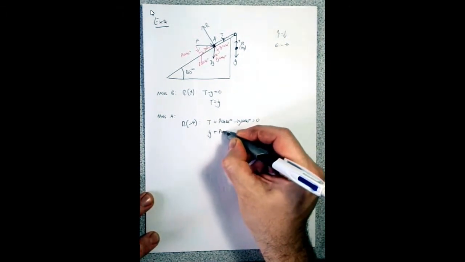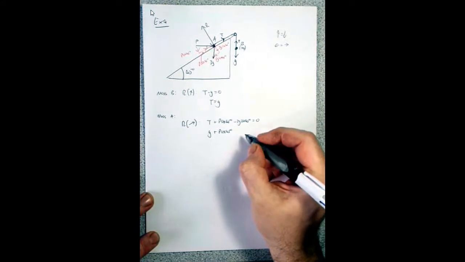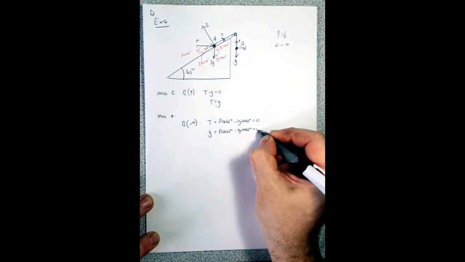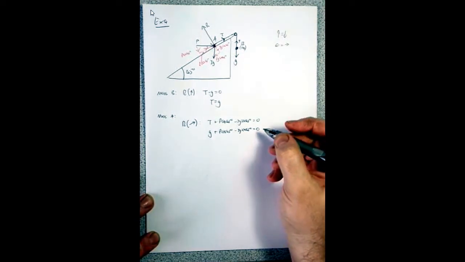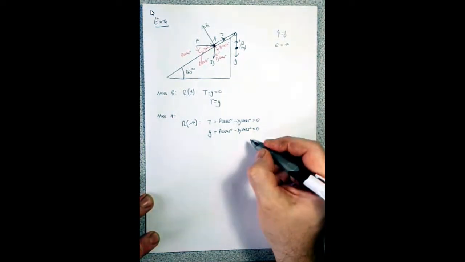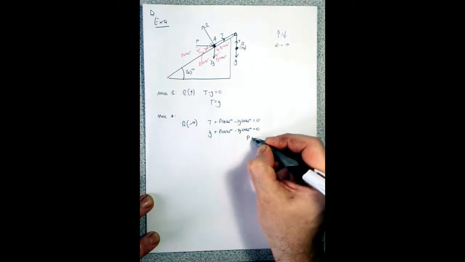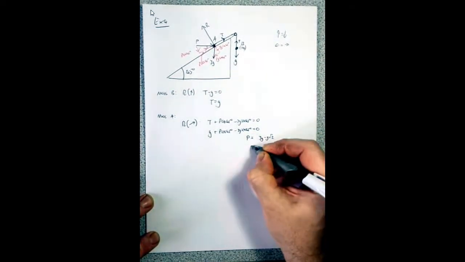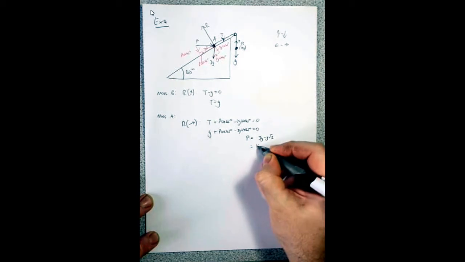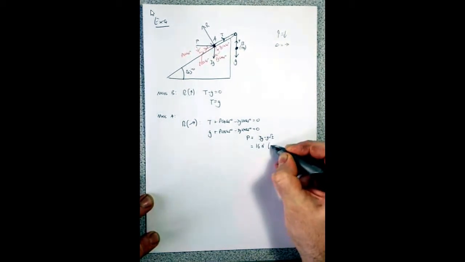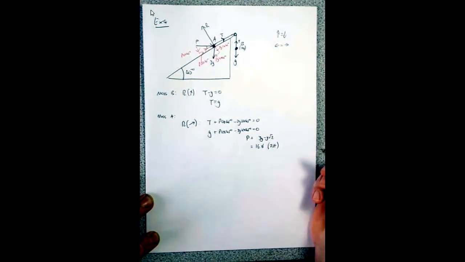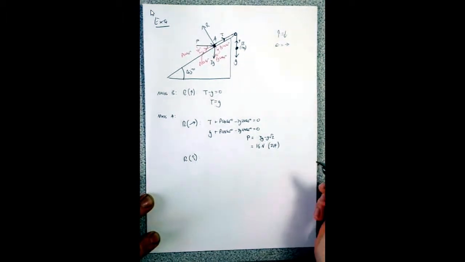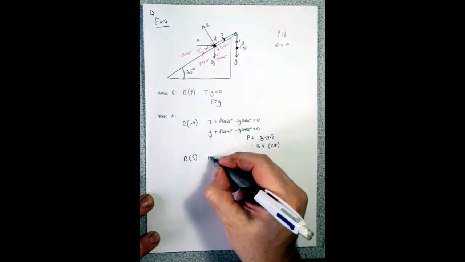T is G. So G plus P cos 45 minus 3g sine 45 equals 0. That gives me a value for P of 3g minus g root 2, 16 newtons to 2SF. And if I resolve vertically,